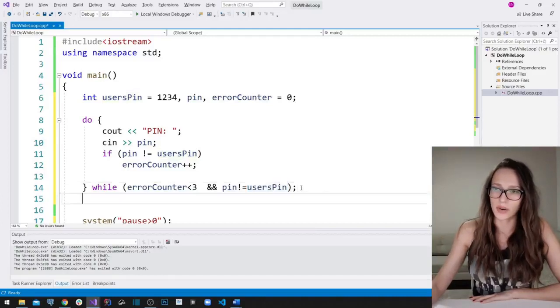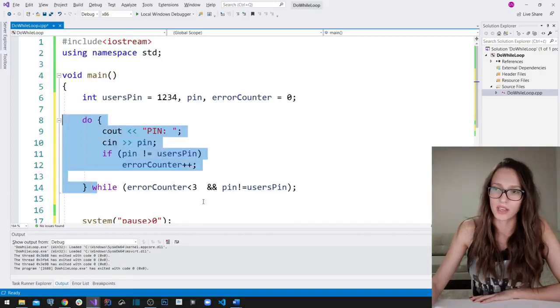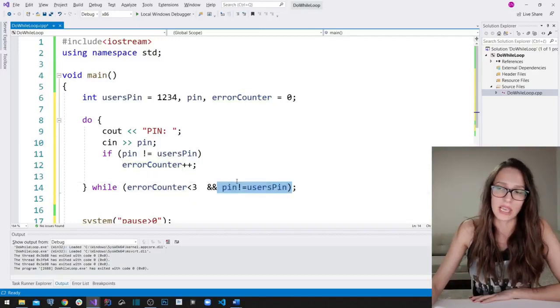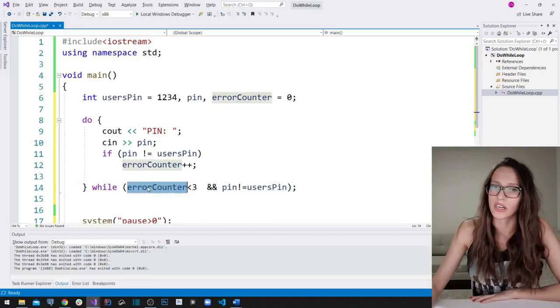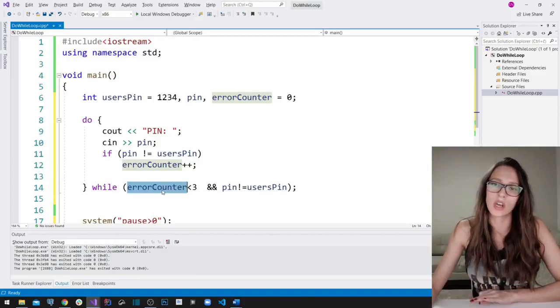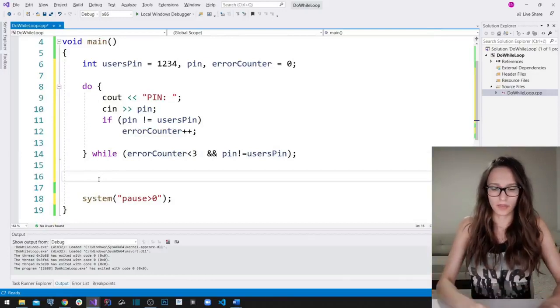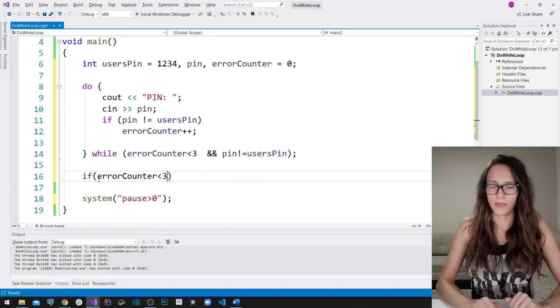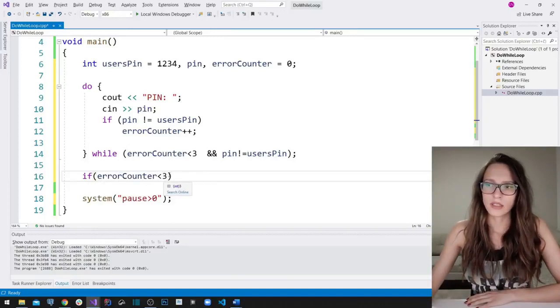In a situation where this results as false, we are going to come here, and after that, we want to check whether we have left this do while loop because our errors counter has reached 3, or because these 2 were the same. In a situation where our errors counter has reached 3, that means that our user has used 3 attempts and that he has not guessed his pin correctly. So I'm going to put here if our errors counter is less than 3, like this,